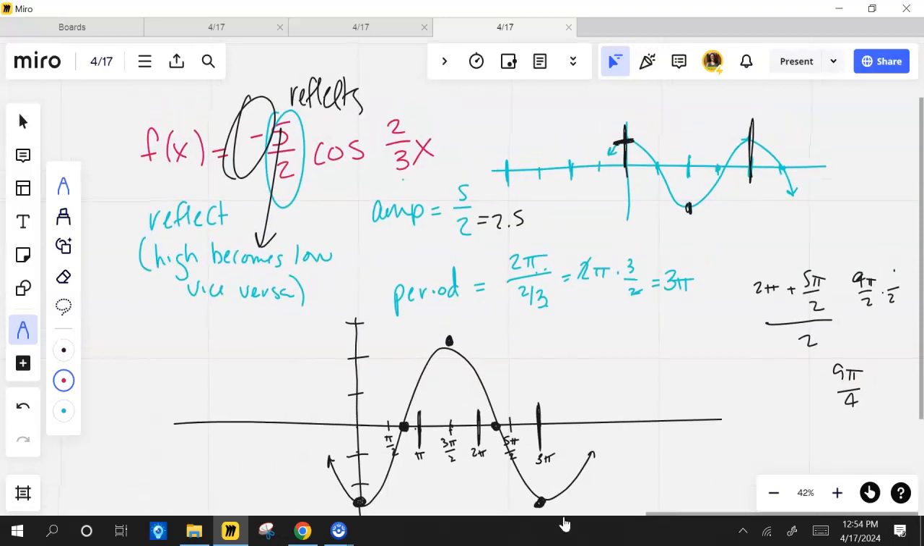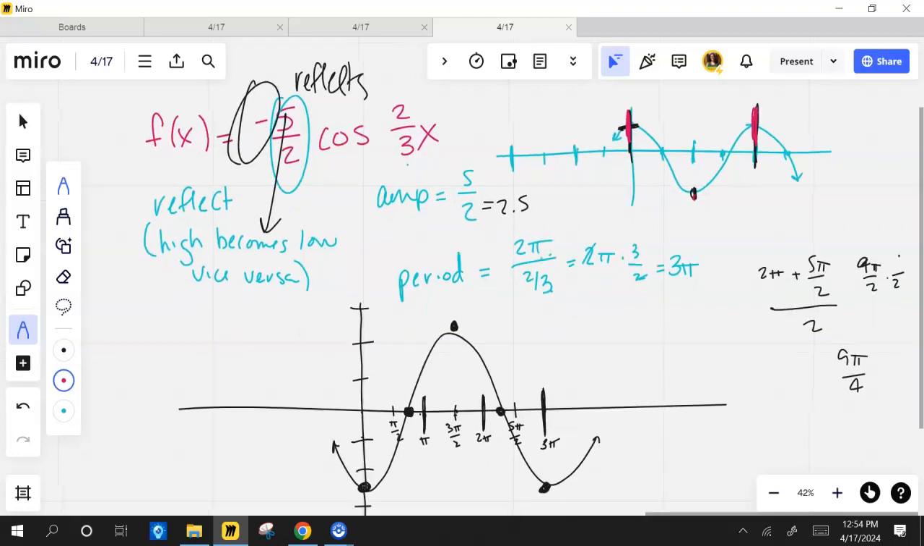So what I did was I looked at this and I said, okay, between the two high points lies a low point, right? So between